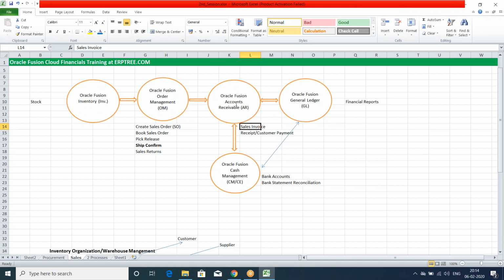And this receivables department will take the responsibility of collecting the payment from the customer. Whenever they receive the payment from the customer, they'll create the receipt, or you can call that a customer payment. We'll be receiving the payment from the customer, meaning the customer is making the payment to us, and you can record that as a customer payment. So this receivables department will share the receipts information with the cash management for bank statement